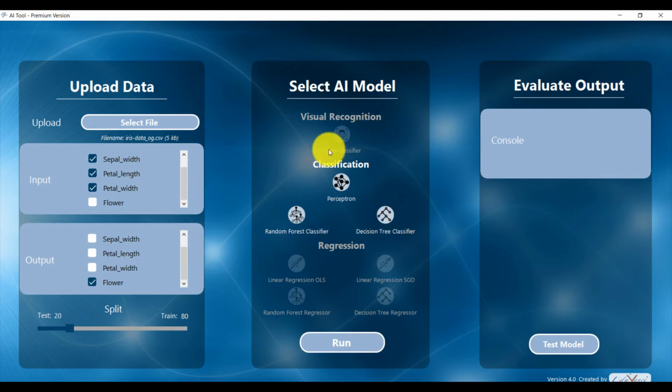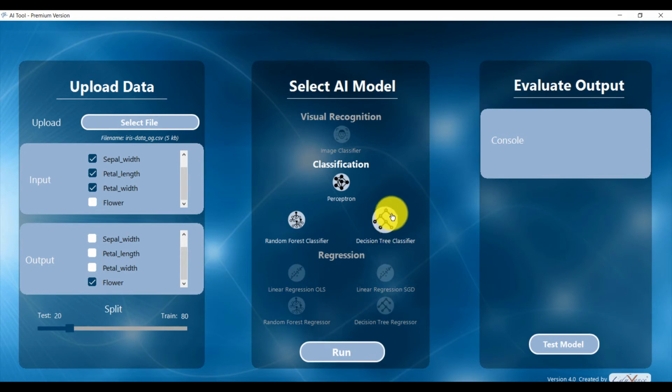Now my machine will recognize that it is a classification problem, but you should know beforehand whether it's a classification or a regression problem. If you're using the free version of the software, you will have only decision tree classifier active. So I will go ahead and explain using the decision tree classifier. So we click decision tree classifier as the algorithm.